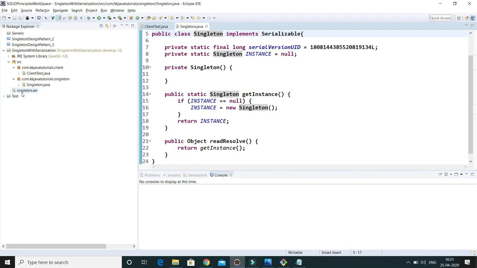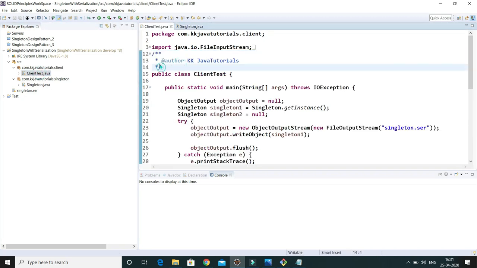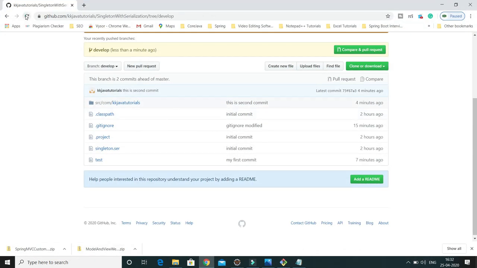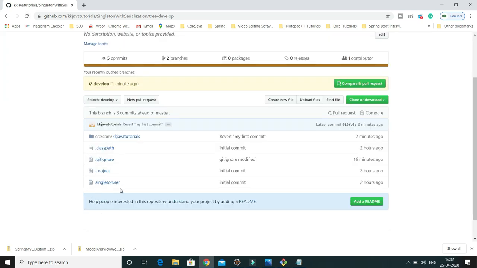So here you can see already my workspace has refreshed, test.txt has gone, and if I go into here, you can see that has been reverted. But if you look into the client.java, this was done by the second commit, that is not reverted, right? If you go to our github.com, if you refresh here, then you'll get the same. test.txt has gone, right?